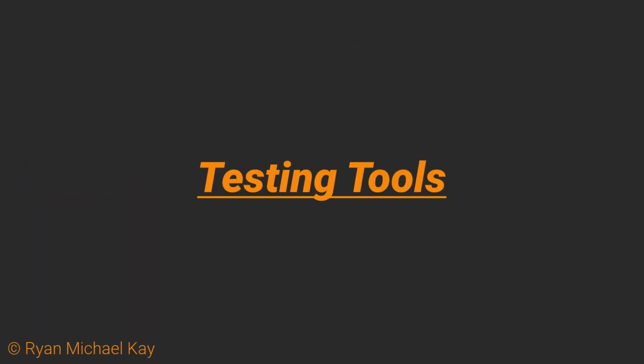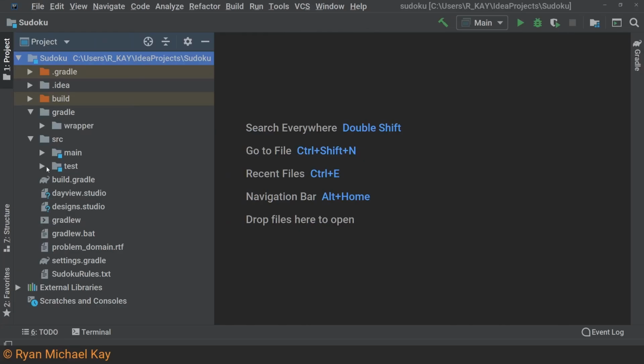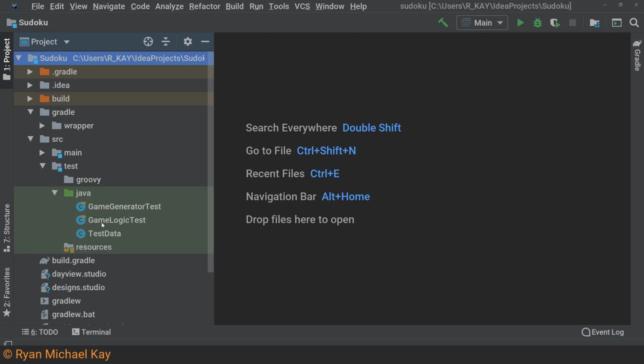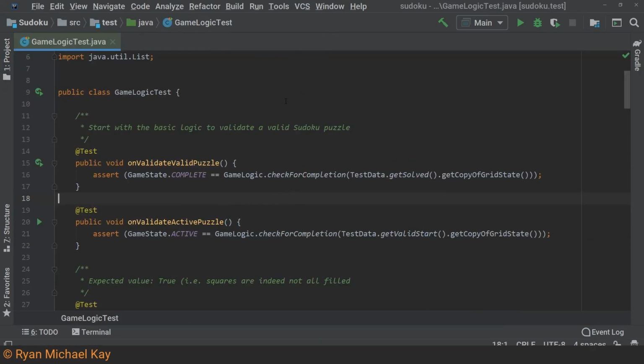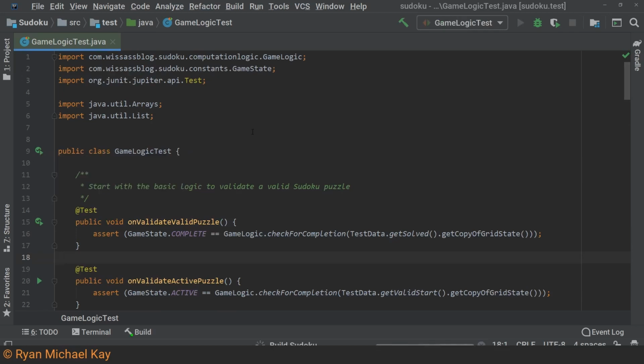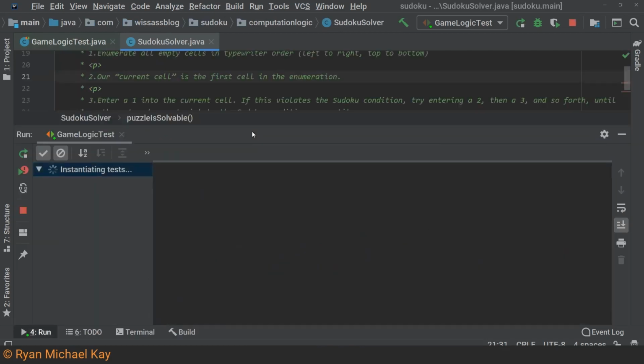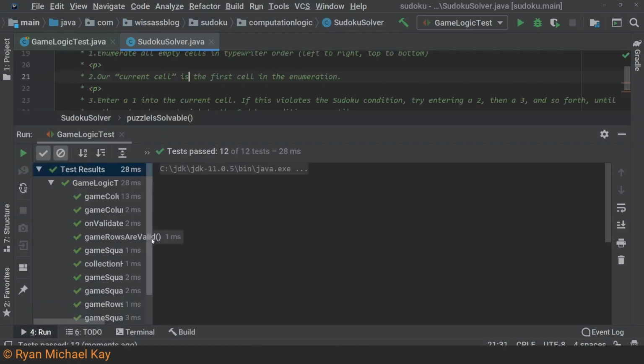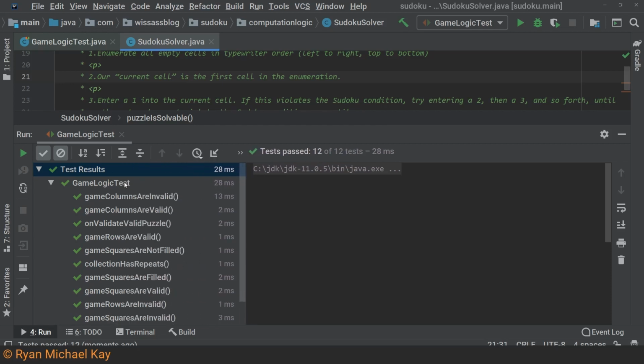There are more tools for testing Java code than I can count, but a very good industry standard tool is JUnit. JUnit integrates well with most IDEs and build systems, and it can give you more detailed information on failing tests than just using assertion statements. If you would like to have a look at JUnit in action, check out the test sources for the Sudoku demo application. There is a lot more to testing than what I have mentioned here, but my hope is that by keeping things simple, you will be able to understand in a general way what all of these different testing tools hope to achieve.